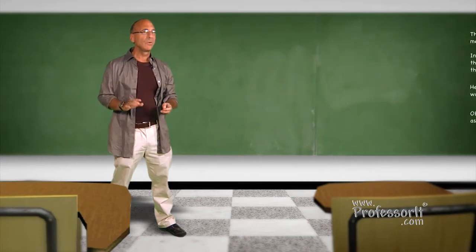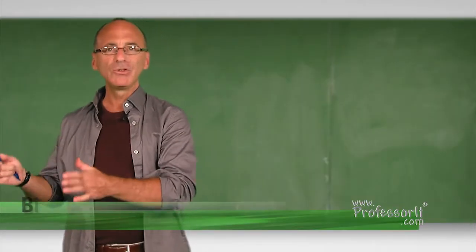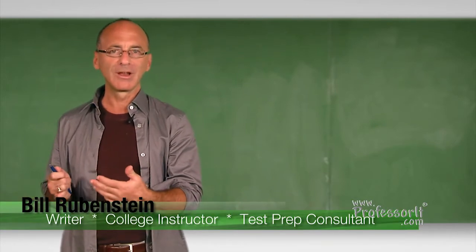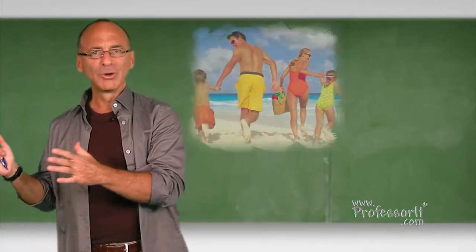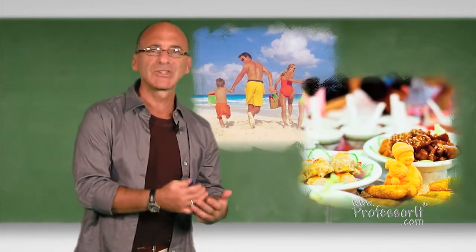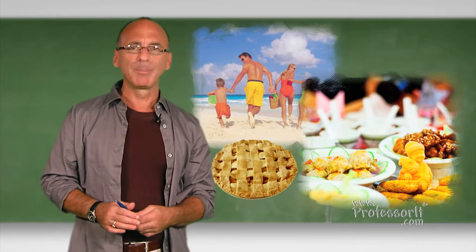When one really wants something as much as life itself, you will do anything to get it, even if you have to push someone out of the way in order to get it. The family always used to vacation together, going every year to the same beach, dining every night in the same restaurant, and they will eat apple pie for dessert.